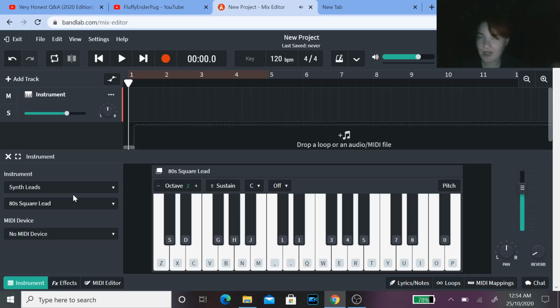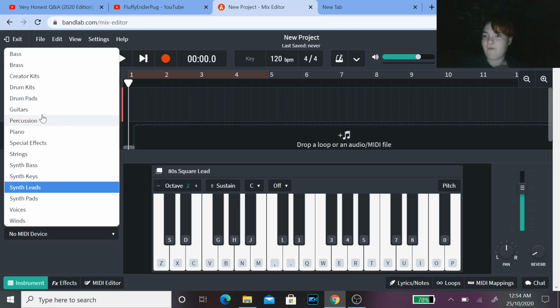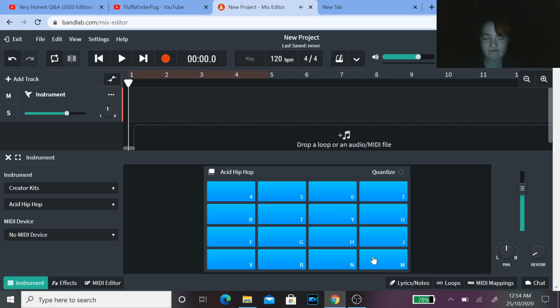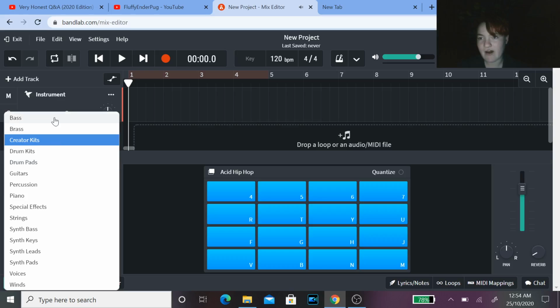thing. You can use a MIDI device, which you can go here. For creator kits, that's how I do most of my drum beats. You can configure it to whatever you want with it. So that's how you basically use the instruments part of it,